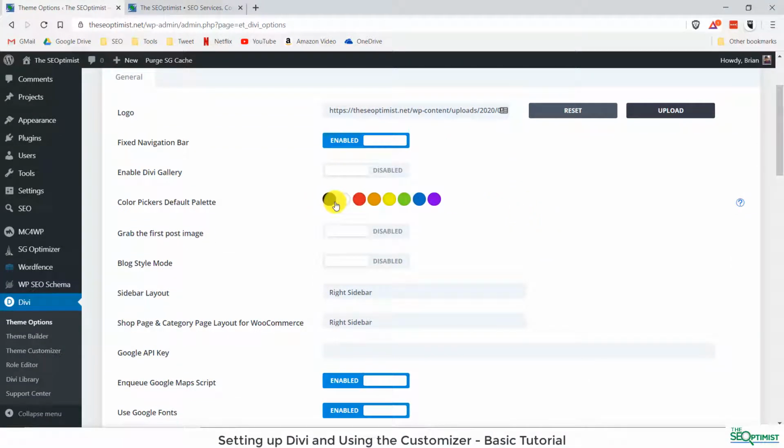One other thing I want to point out, some of these settings you might not need unless you're doing specific things, but this is useful for everyone, where it says Color Picker's Default Palette. Basically, when we get to part 2 where we're working in the actual page builder itself, everywhere that we're going to be able to pick colors, you can manually enter hex codes or use the color swatch and manually pick colors yourself. But if you're in a position where you know going into this, there's going to be a couple